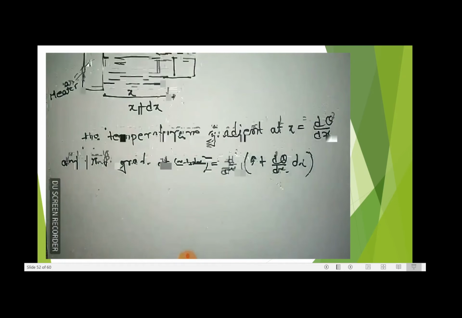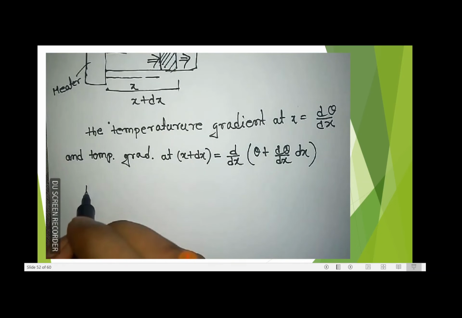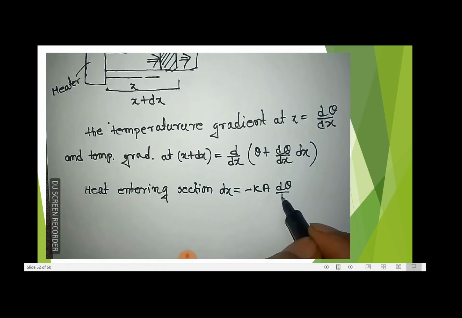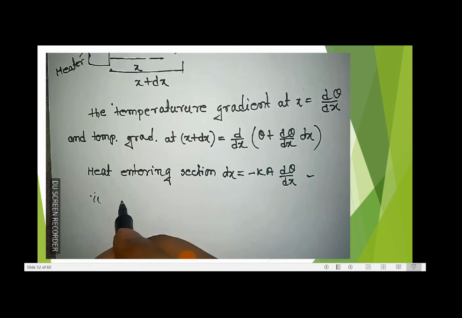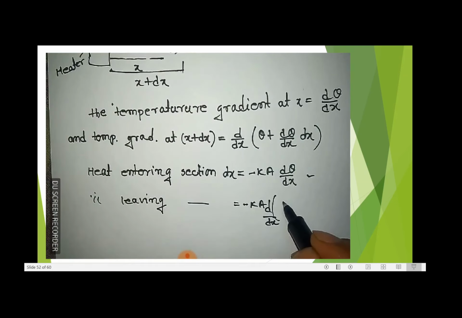The amount of heat that enters the section dx is equal to minus K A d theta/dx, from the theory of conduction of heat, and the heat leaving the section dx is minus K A d/dx of the temperature gradient, theta plus d theta/dx into dx. Okay,